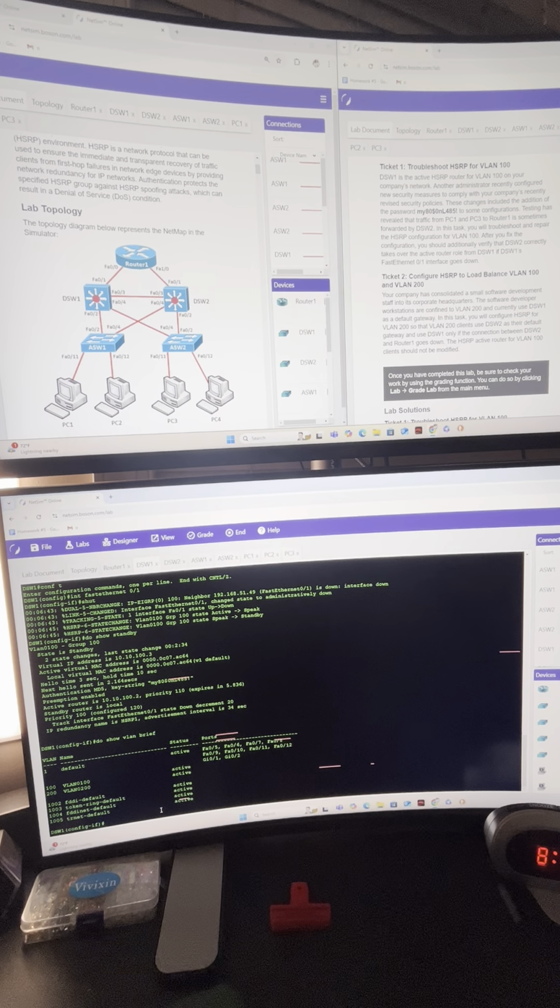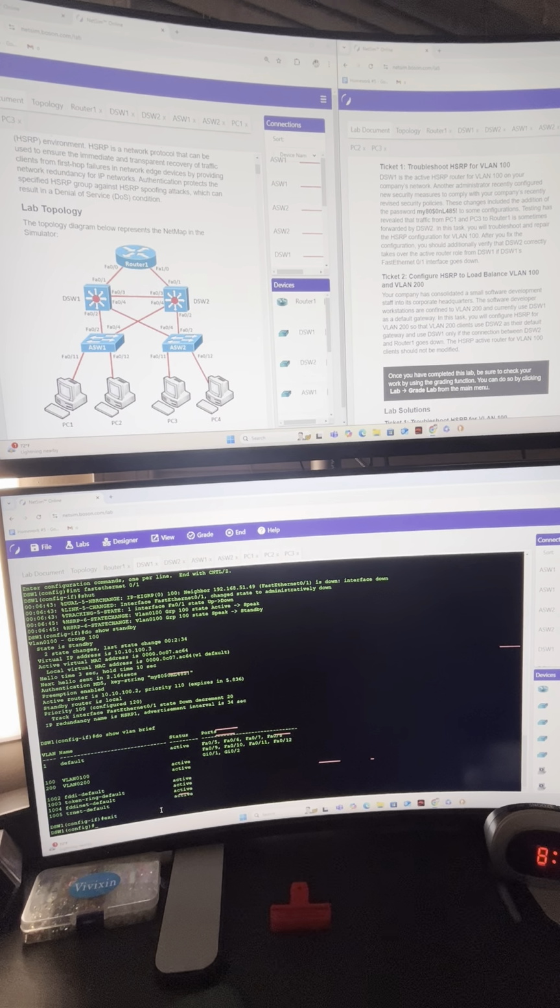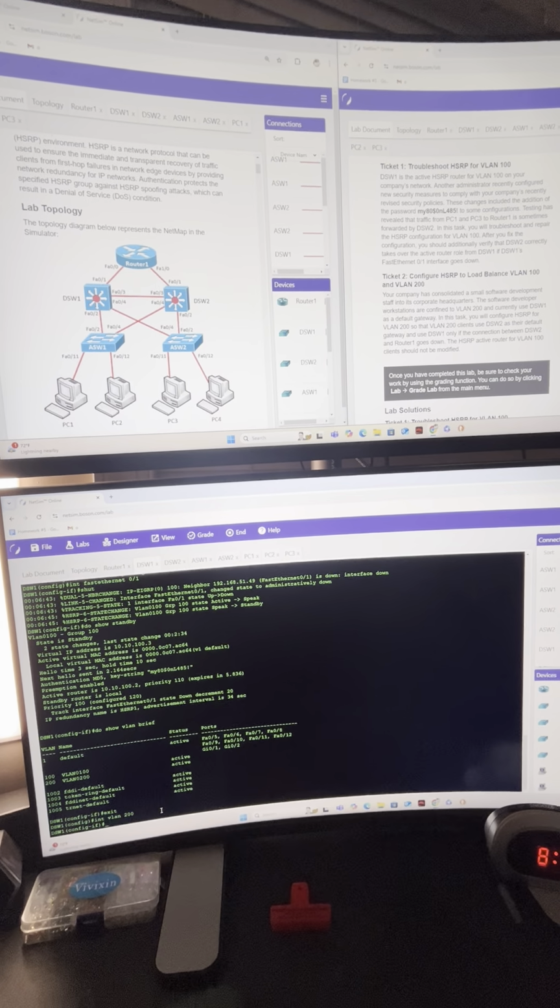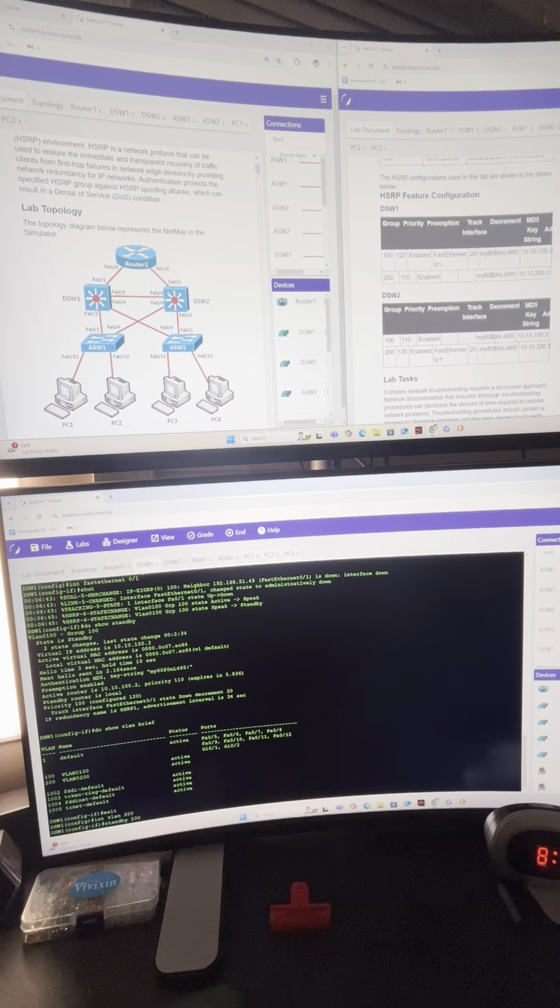So, well, we know that we don't have a hot standby routing protocol for VLAN 200 because on our do show standby, nothing shows up but VLAN 100. So let's exit and let's go into interface VLAN 200 and let's do a standby 200. And what is going to be our IP address information for this? So this is on D-switch 1. So for standby,